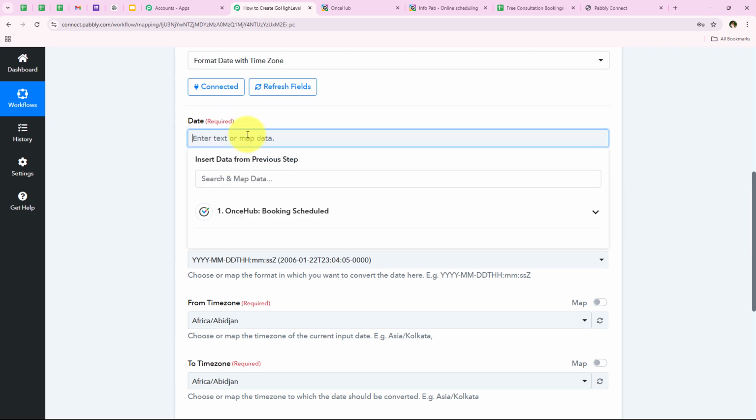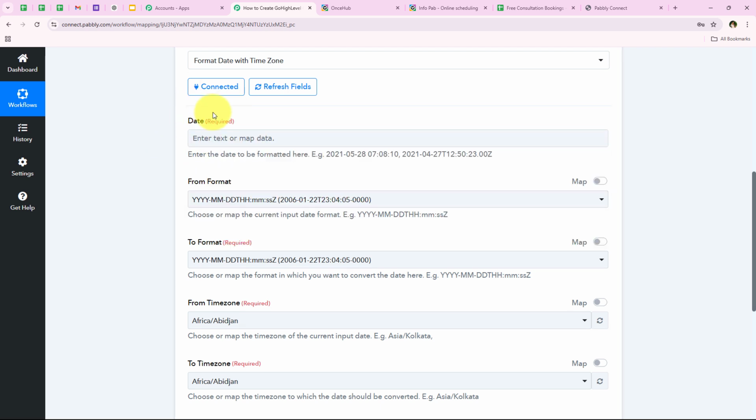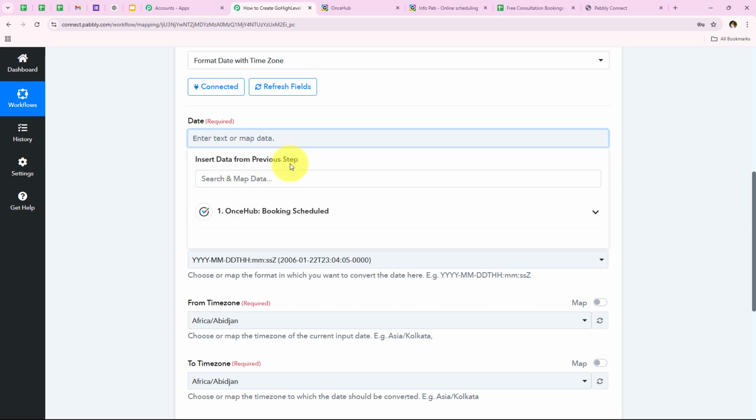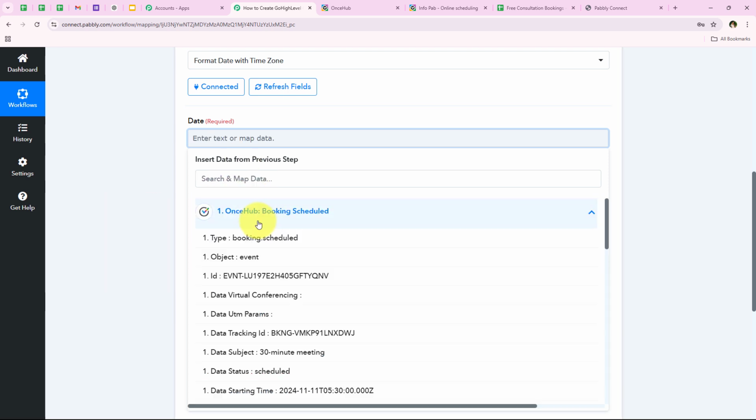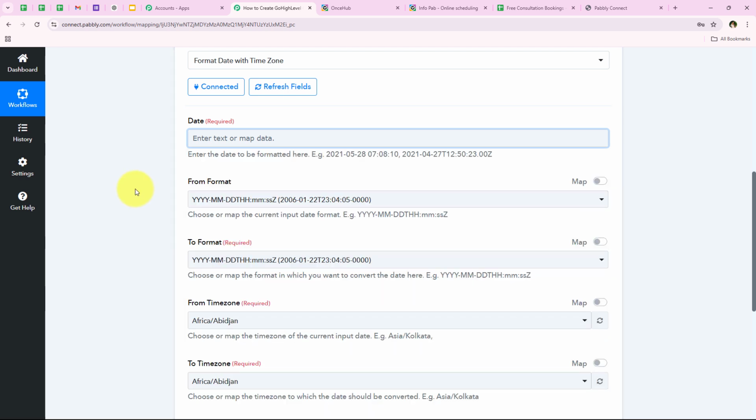So yes, over here we are going to enter the start time and date, but we're not going to enter it manually, but instead we're going to map it. So you must be wondering what is mapping, right? So mapping is a method by Pabbly which means inserting the data from the previous step. And as you know, our previous step was the trigger step where we selected OnceHub as our trigger application. So we're going to map the details from the response of our trigger application only. And as soon as it maps these details automatically, my details will turn dynamic and change with every